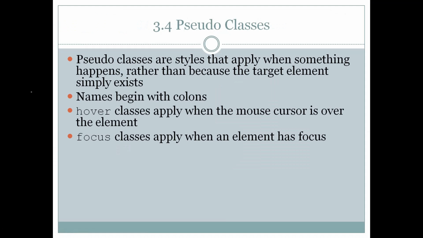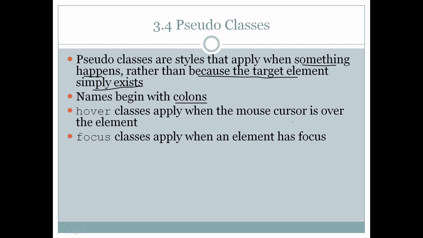Next, pseudo classes. Now pseudo classes are styles that apply when something happens rather than because the target element simply exists. We can apply some style specification based on certain events, and that is by using pseudo classes. Names of pseudo classes always begin with a colon. There are some classes like hover class, which applies